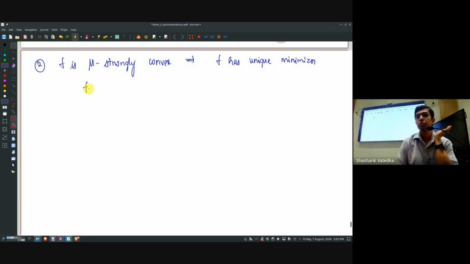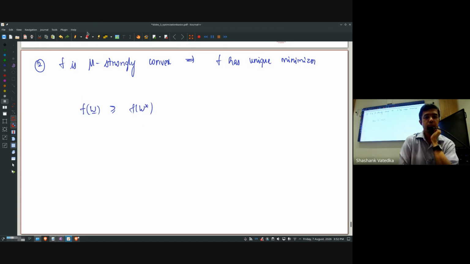So by the definition of mu strongly convex, if you take any point, f of w is greater than or equal to f of w prime. Let's take the second point over which we are expanding the right hand side to be w star, any minimizer. So let w star be a minimizer